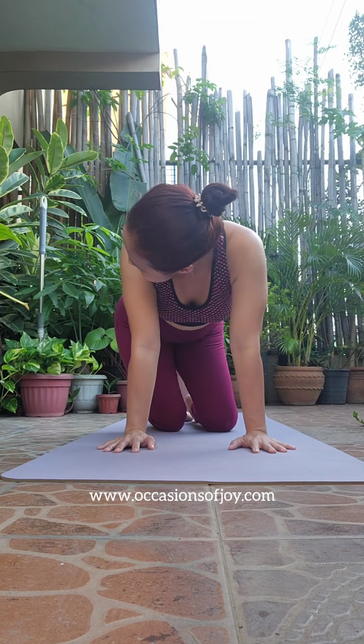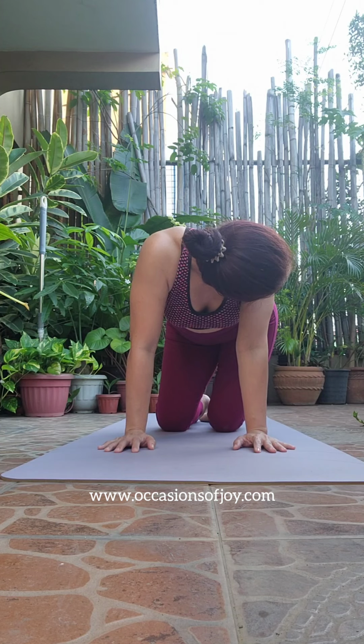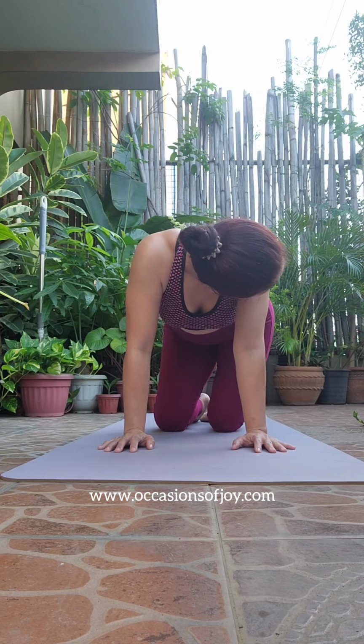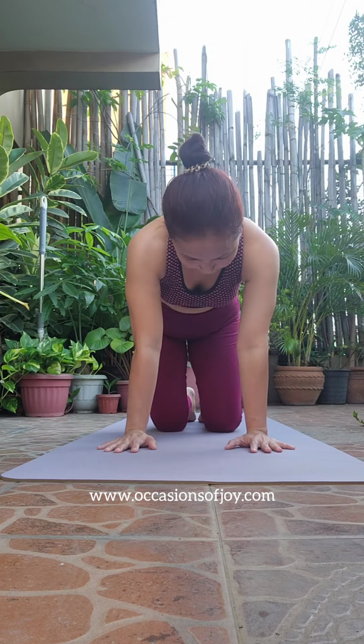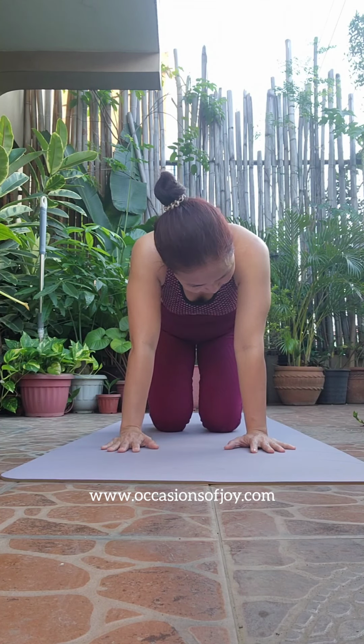Then bring your hips over to the left. Bring your head over to the left. C shape to the opposite side. And then continue side to side a few times at the pace of your breath. And then come back to neutral. So from here, tuck the toes of both feet, take a deep breath in, and on your exhale, lift the